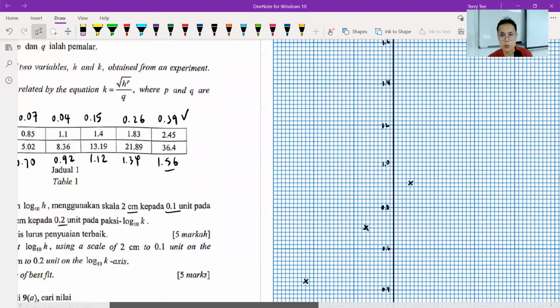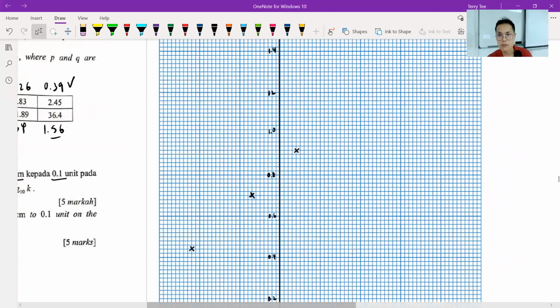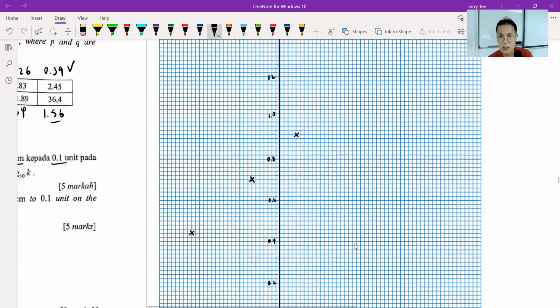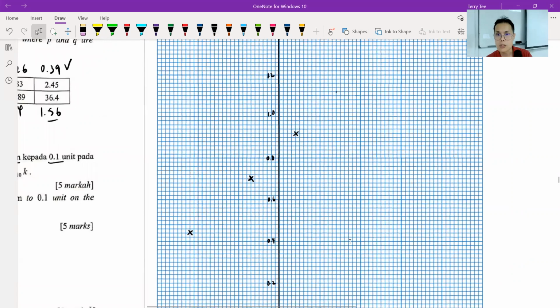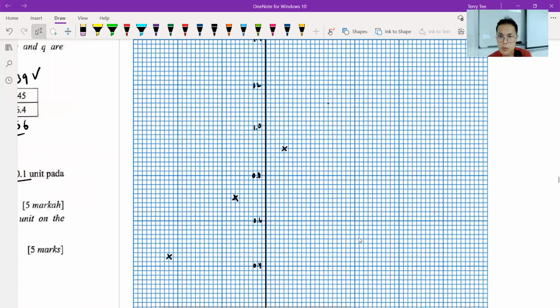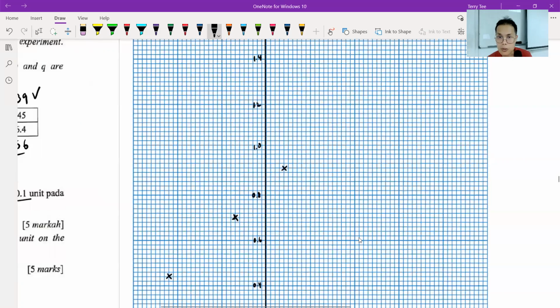0.15, 1.12. Okay, 0.15 is here, 1.12 around here. Okay, let me just zoom in a bit. So it should be slightly to the right. Here, this point here, put a cross. Yeah. All right. Next,